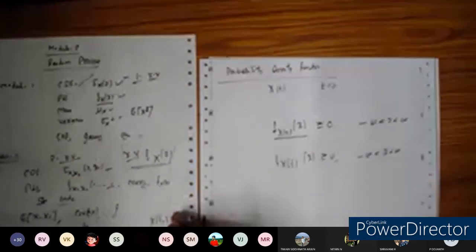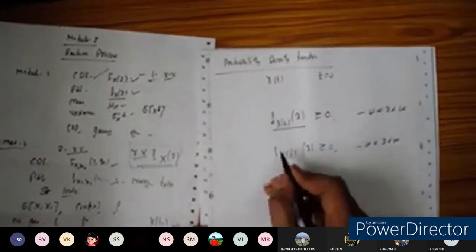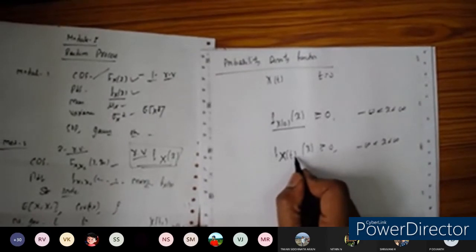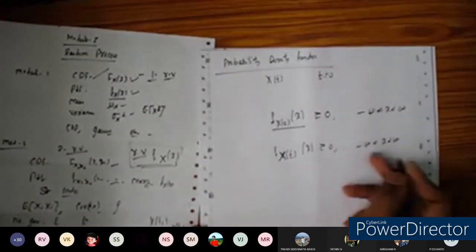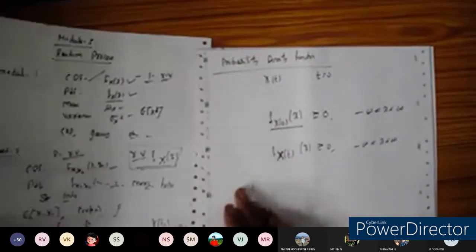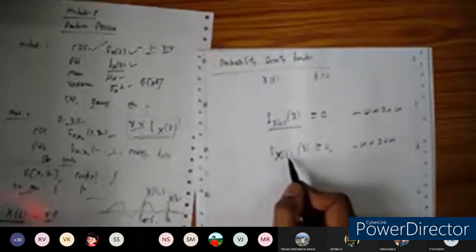So for the random variables, we define the PDF like this, fx of x. Since the random process is a function of time t, I can define the PDF of this one as fx of t of x, which is greater than or equal to 0 as per the property of the PDF. Whatever functions we saw in module 1, I'm going to define as a function of time t. That's it, nothing else.